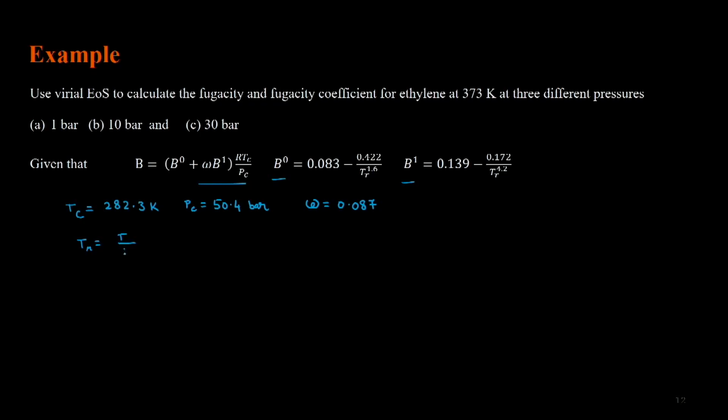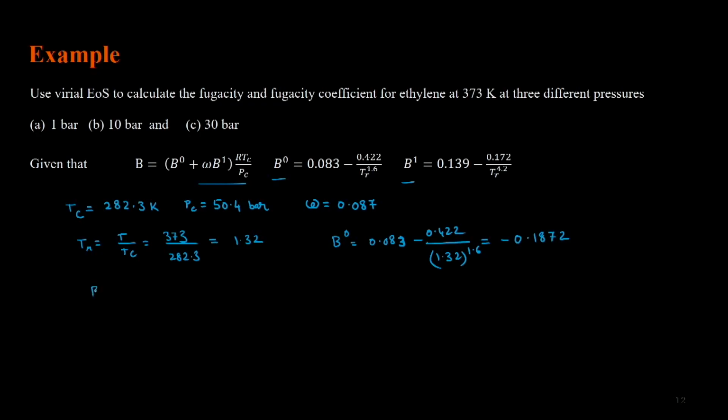It is T over Tc, or 373 over 282.3. So this will be 1.32. Then once I have the reduced temperature, I can calculate B0, which is 0.083 minus 0.422 divided by 1.32 to the power 1.6, and this value turns out to be